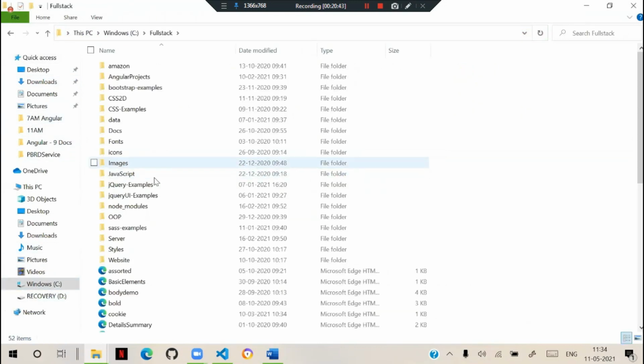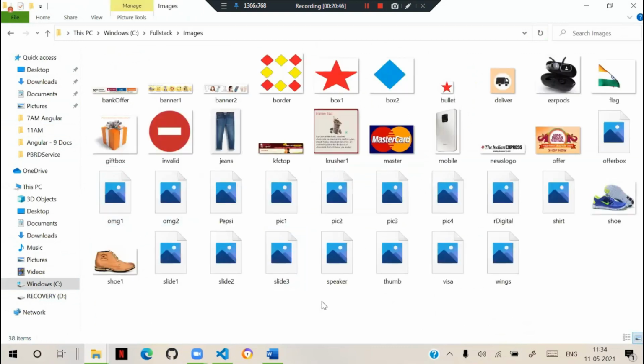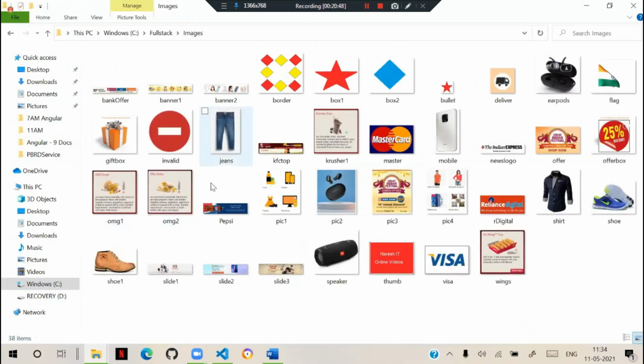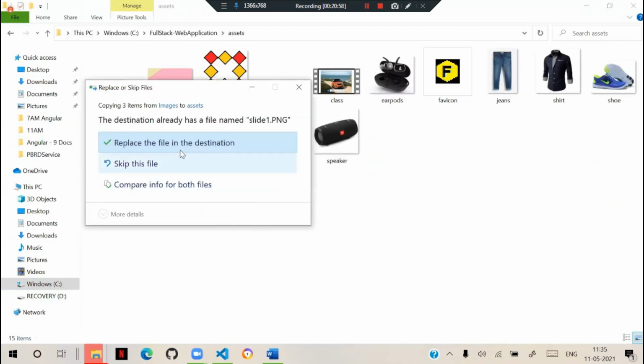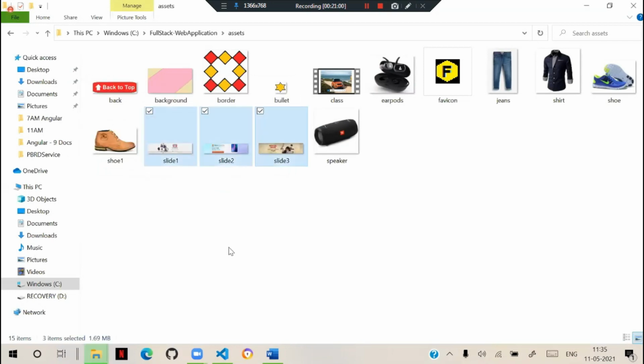I have some slides here: slide 1, slide 2, slide 3. Three slides are present. I will copy them and keep them here. Slide 1, 2, 3 PNG files are present.